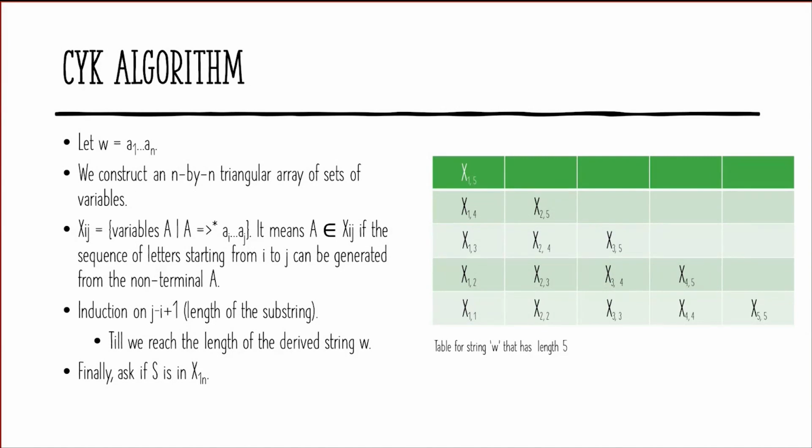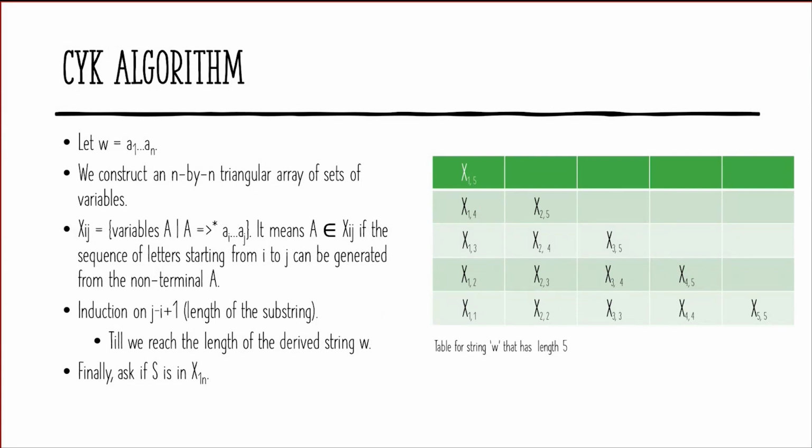You can use any number of rules, but there is a particular order. If the grammar is not ambiguous, then there is some particular order, and by following that order, you can generate this substring Ai to Aj. So basically, they are all sets, like Xij are all sets, and the sets will contain the variables. Like in dynamic programming, what we usually do is use the smaller subproblems to solve the bigger subproblems.